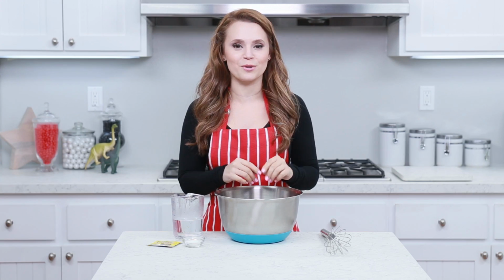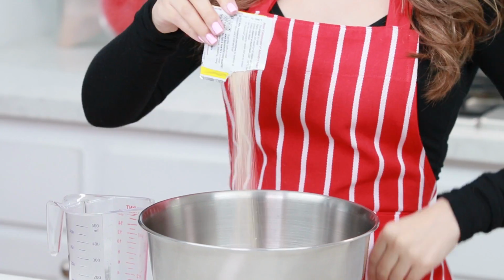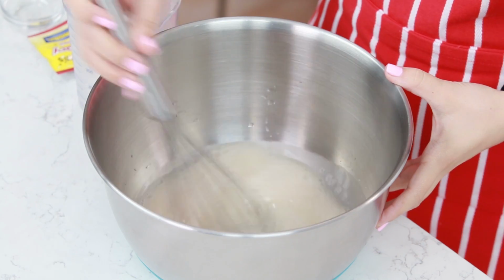Now let's put it all together. The first thing that we're gonna do is make our pizza dough. I'm making mine from scratch. If you are in a hurry, you can get the stuff that's already made. The recipe that I'm using is the same recipe that I made with my dad, Papa Pizza, on the Cooking Channel special. So all you're gonna do is take warm water, sugar, and yeast into a medium-sized mixing bowl, and